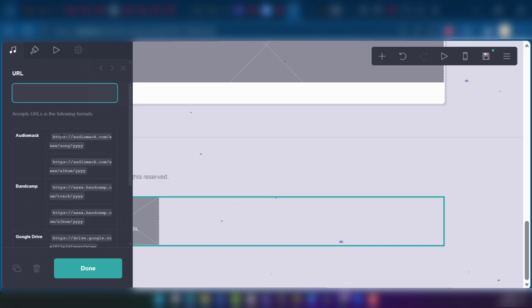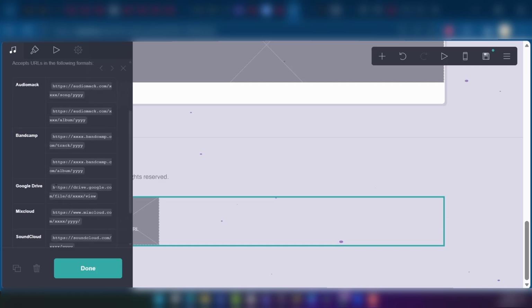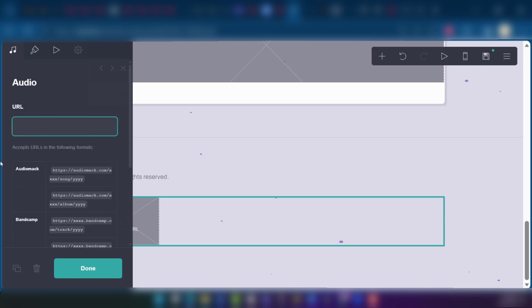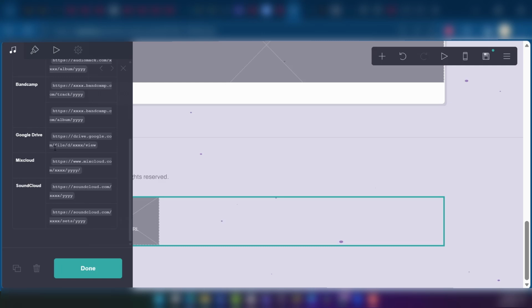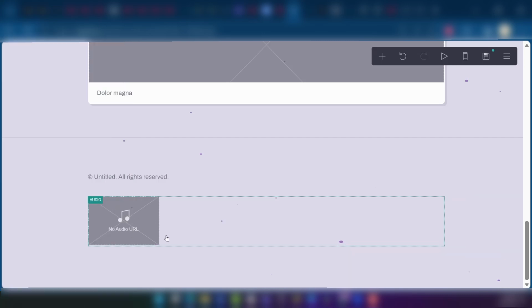Now, here's what you need to do. From whatever site you're copying, make sure to follow these patterns and copy the link. So if it's an AudioMac link, it should be audiomac.com, X, the song, YY. And of course, this is just to show you the pattern to follow. And then of course, if it's a Google Drive, you have drive.google.com, the file, and this is also the pattern to follow. And of course, once you're done with that, you can click on done,